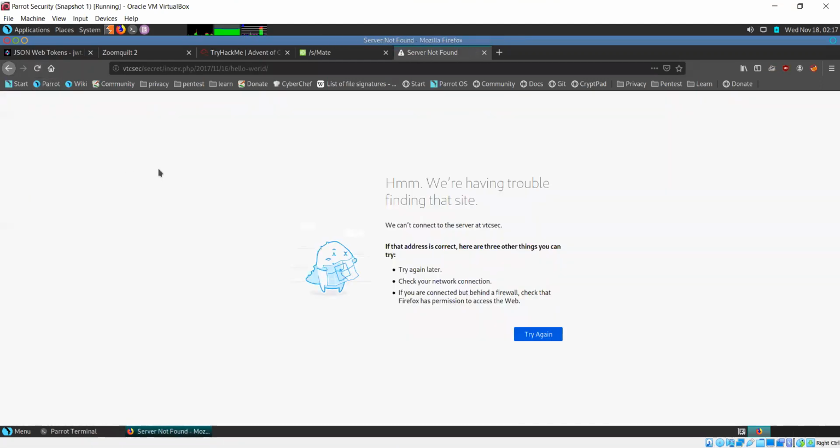Server not found. What I did was I just clicked on a post and it told me that the server was not found. Can you tell me why that might have happened from the result that you see on this page? Hello world did not come, might be a permission problem with that particular file in the system, or that file itself is not available. Like, I don't have execute or read permission on it.